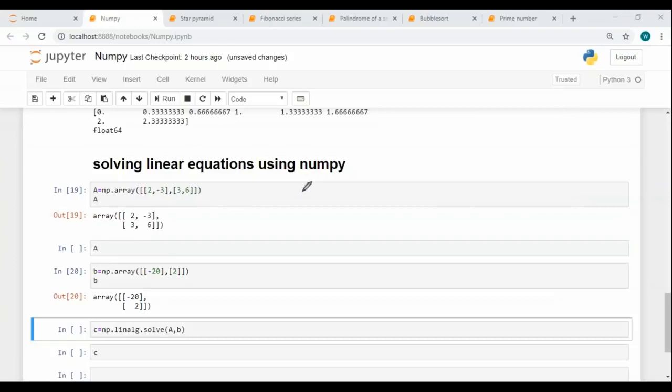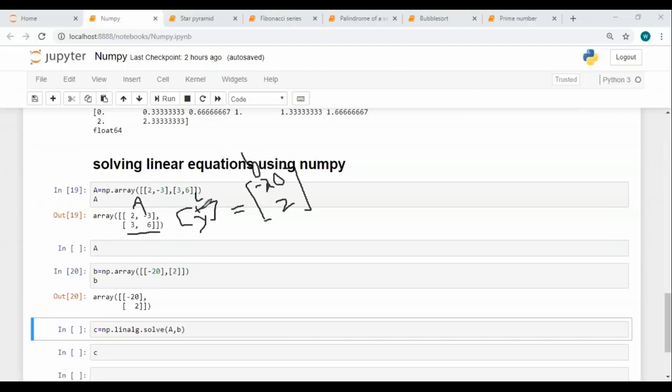All I'm going to do is, this is my array A, and here I want some unknowns x and y. So this is my array A, and this is C, and this is B.